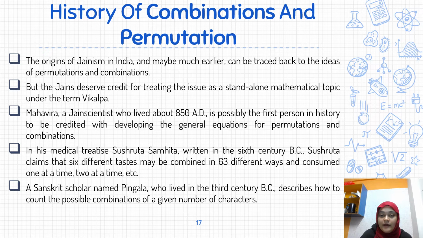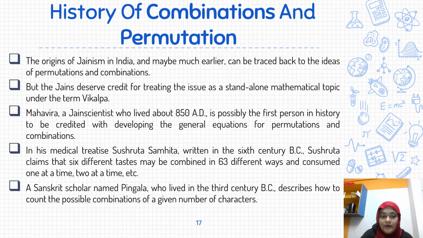History of combination and permutation. The origin of the ideas of permutation and combination can be traced back to the Jains in India, maybe much earlier. But the Jains deserve credit for treating the issue as a stand-alone mathematical topic under the term Vikalpa. Mahavira is possibly the first person in history to be credited with developing a general equation for